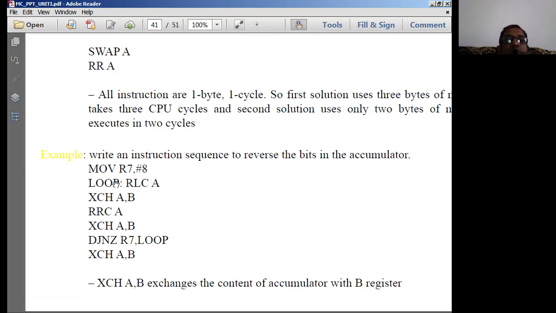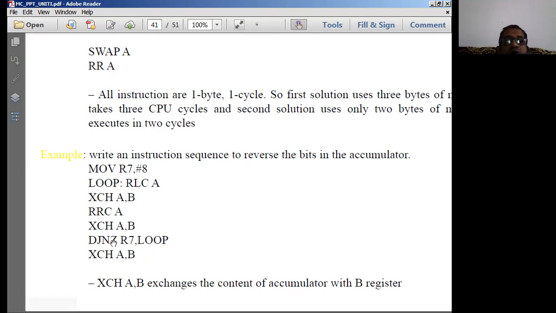So where is the loop here? Now here I got a loop label. Simply the control goes back to the loop instruction, and once again the instructions are going to get executed. That means until R7 becomes 0, you will be in this particular loop. That means this set of instructions is simply executed 8 times. Once after that R7 becomes equal to 0.